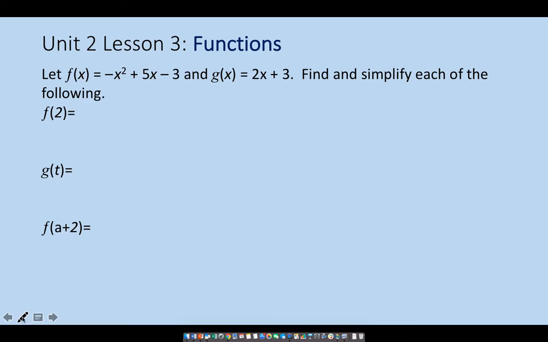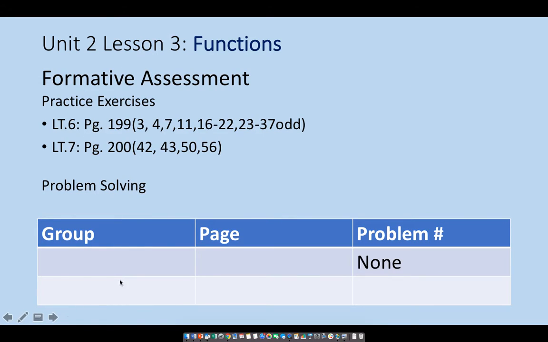All right, that's it for lesson 3. You got learning target 6 with these ones, quite a few, but they go pretty quick, and then learning target 7, working with the function